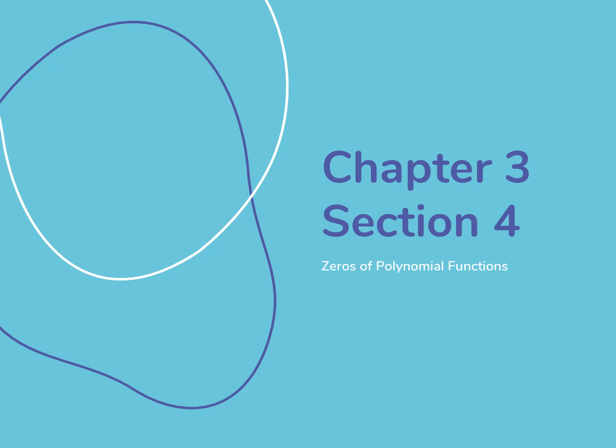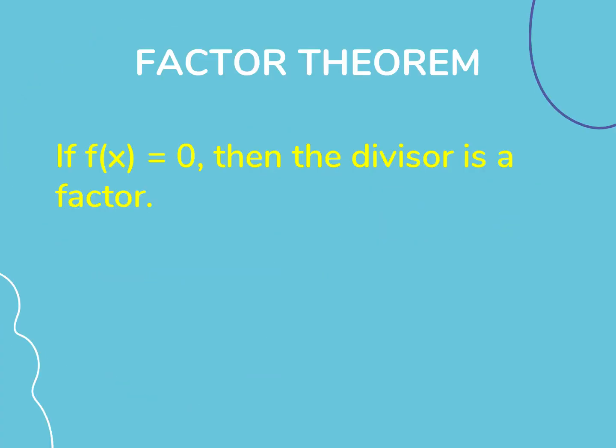In this lesson, we're going to discuss how to find the zeros of a polynomial function. This is chapter 3, section 4. The main idea of this lesson is, as I just mentioned, that we're going to find the zeros of a polynomial,